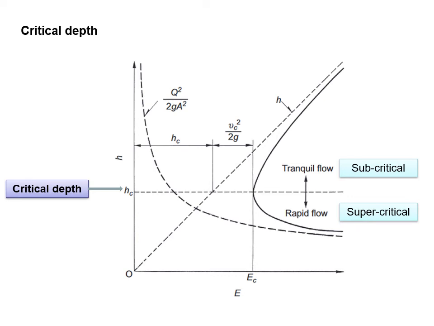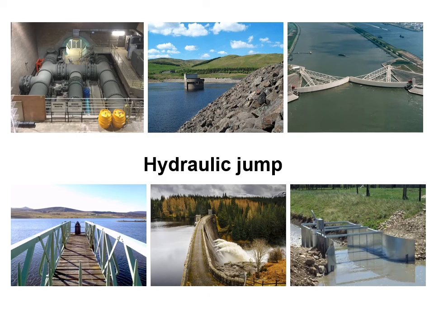So a specific discharge requires at least a minimum energy, and this is known as the critical energy, E subscript C. The corresponding depth is called the critical depth, H subscript C. For any depth greater than the critical depth, the flow is relatively slow or tranquil, and the Froude number is less than 1. Such a state is termed subcritical flow. Conversely, for a depth less than critical, the flow is relatively rapid or shooting, with a Froude number greater than 1, and the regime is one of supercritical flow. So finally we're going to have a look at what's called a hydraulic jump,